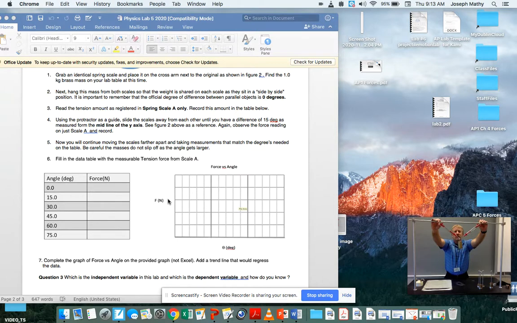We're now going to go to 60 degrees. Take a look at the picture I provided. And then we're going to max, it's straining to do 75 degrees. Take a look at all of the pictures, place it into the data table, and then you can answer the questions. And then there's an algebra question